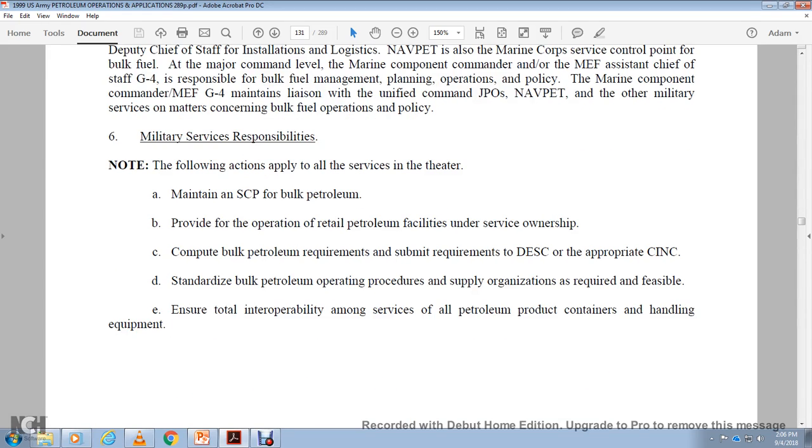All right, military services responsibility. The following actions apply with the services in the theater: maintain the SCP for bulk petroleum, provide the operation of retail petroleum facilities under the ownership of the command, and submit bulk petroleum requirements to the Defense Energy Supply Center of the unified